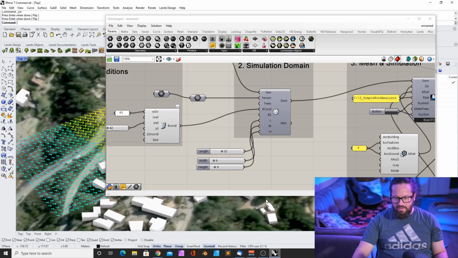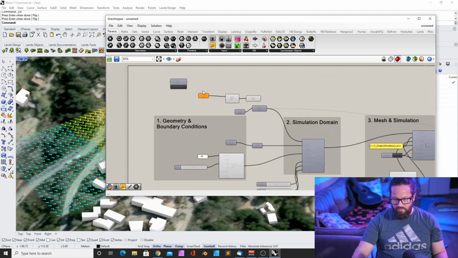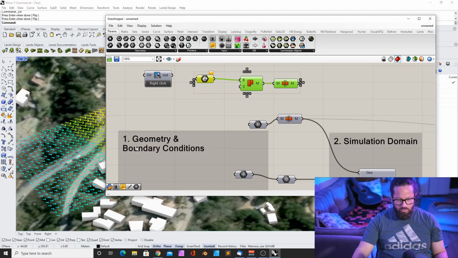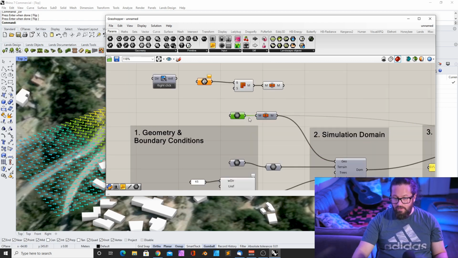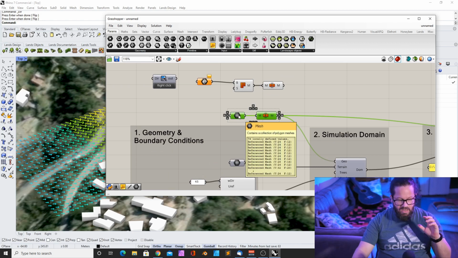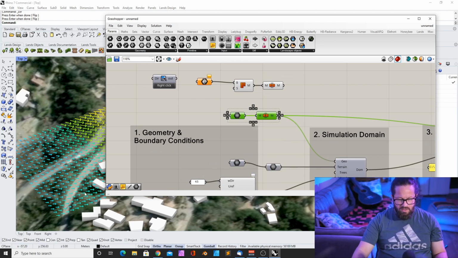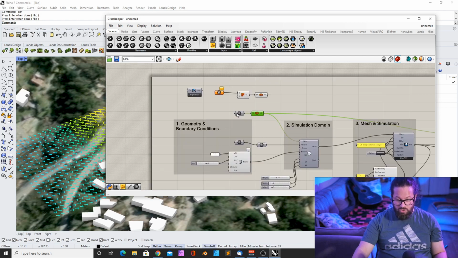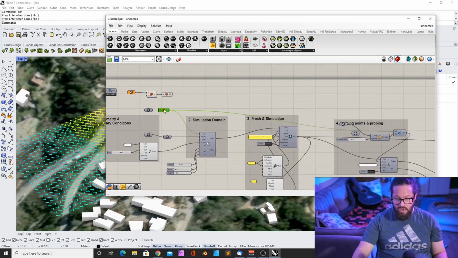Okay, let's repeat what we did. We got our geometry. You don't need to use Lens Design. It's just me trying it. Of course, you can try it as well. It has a 90-day evaluation period, and you saw it's very nice to actually download some terrain and simple massing for the buildings. That's quite interesting. So what we need to do is import the mesh, join the mesh, and link the mesh here into the simulation geometry,